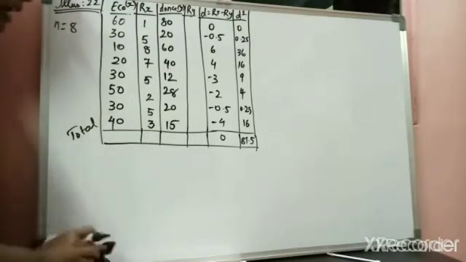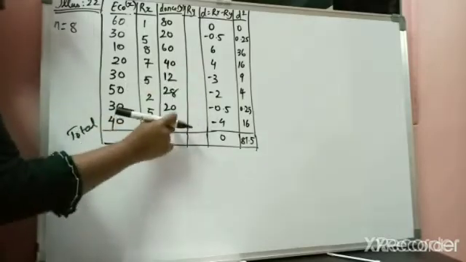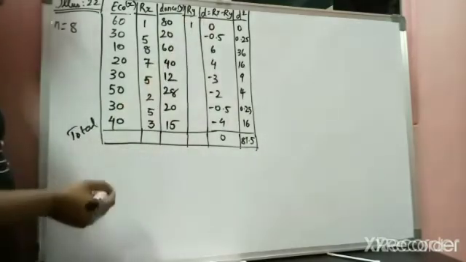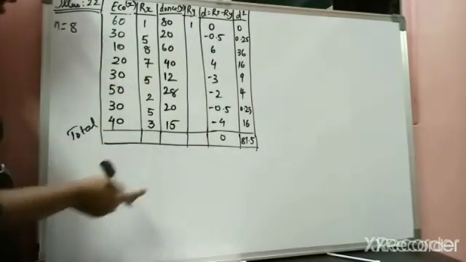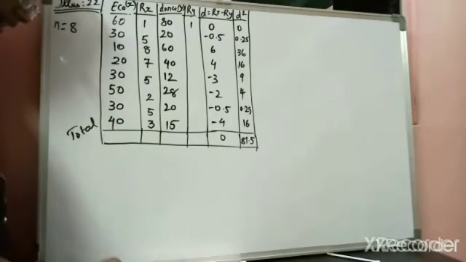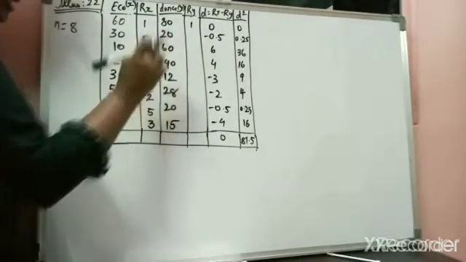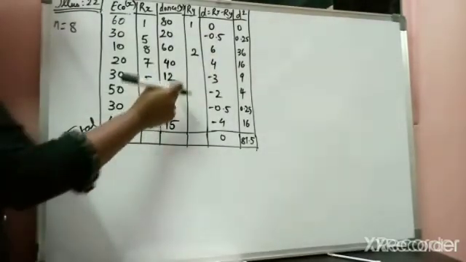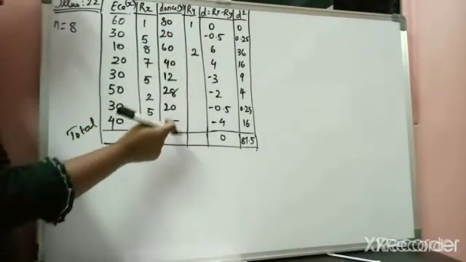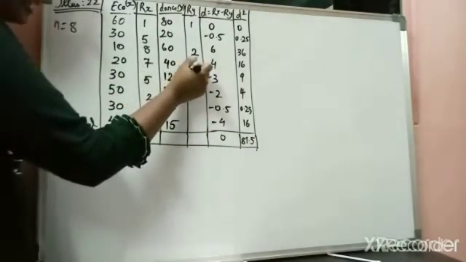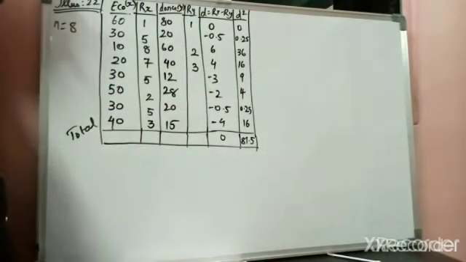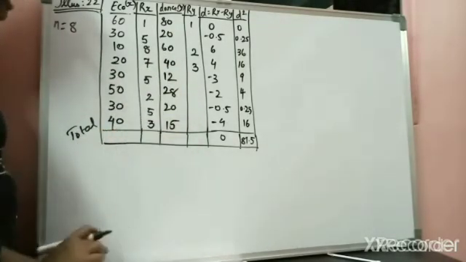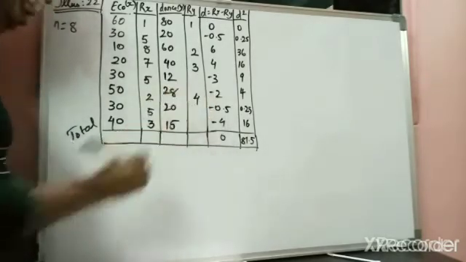Now let's calculate the Ry. Now the highest value for the Y variable is 80. So we are assigning this as rank 1. Then after that we have the second highest as number 60. So after 1 it would be 2. Then after 60 the next highest is number 40. So we are assigning it as 3. Okay. Then after 40 what is the highest? What you can see? Number 28. So it would be 4th rank.